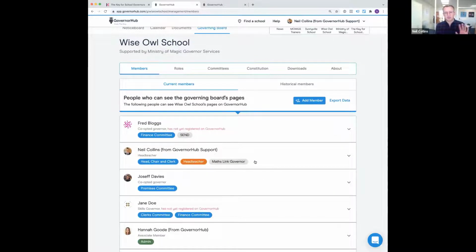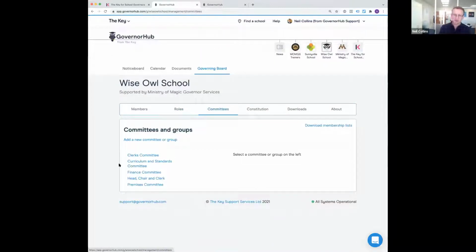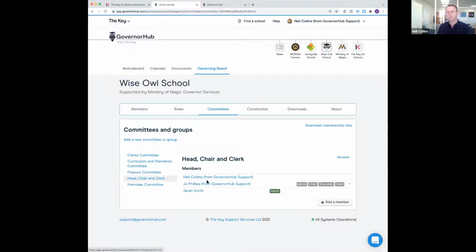This area, as well as tracking membership, you can have specific roles. So depending how your board is set up, you might have a health and safety governor, you might have a SEND link governor, and you can track those here. You can set up your members, your committees, and track who's on those committees, the chairs, who clerks those meetings.